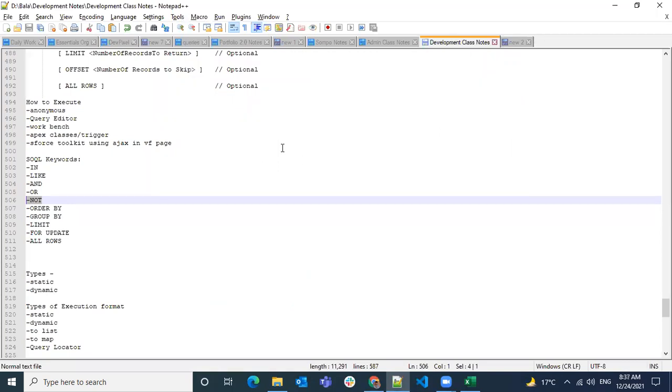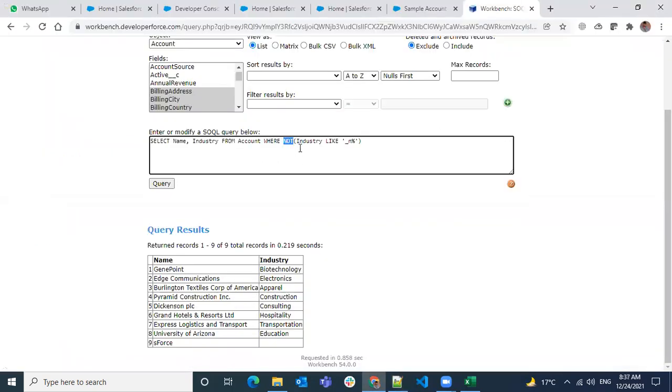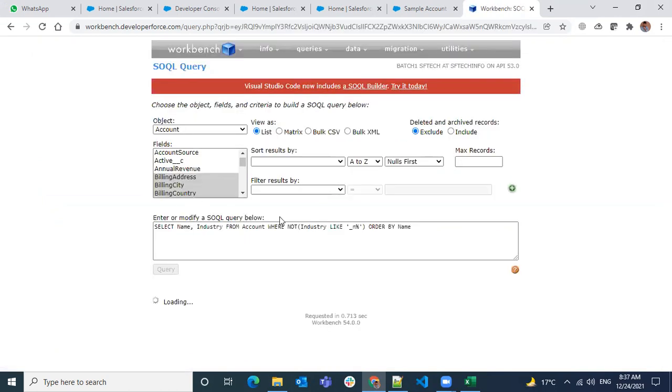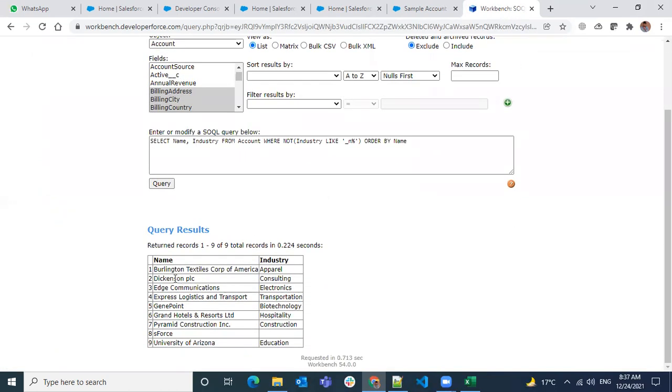And then order by. I don't think we have mentioned any order, but whatever where condition you're having, if you want to sort these records by any of the fields, let's say I want to sort with the name. I have not mentioned whether it's ascending or descending.